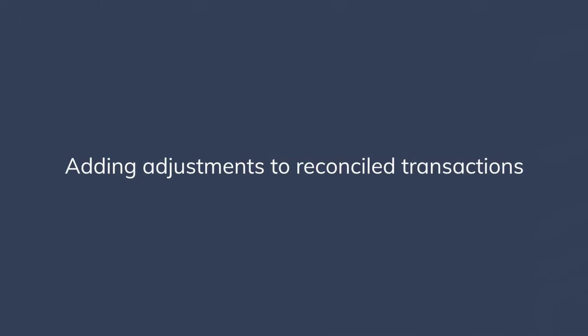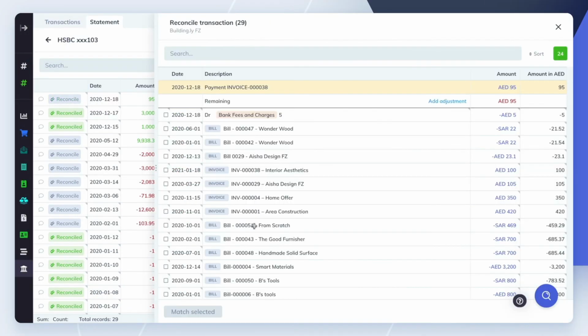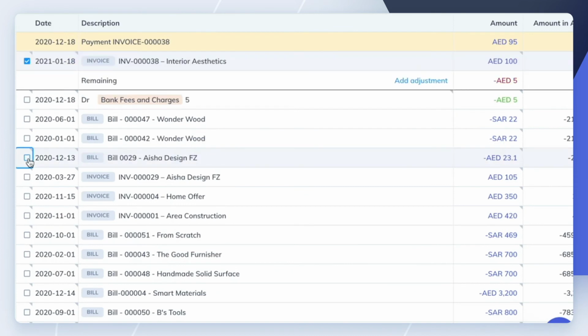Adding adjustments to the reconciled transactions. While matching transactions, you may find differences between the transaction in WeKeep and the transaction in your bank statement. For example, if you've received an invoice payment of 95 dirhams for an invoice of 100 dirhams, because the bank charged you 5 dirhams, you will want to add a bank charges expense as an adjustment in order to reconcile